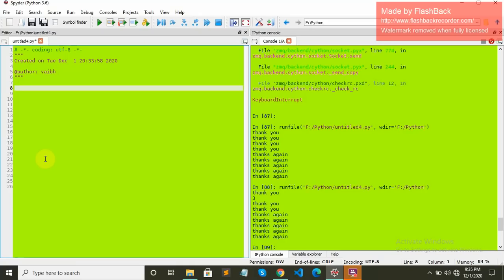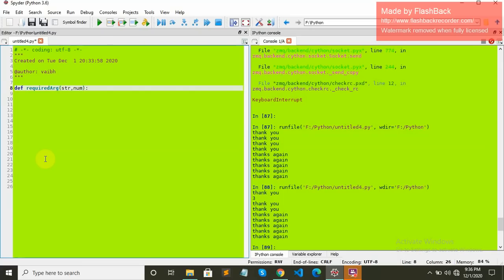Let's have a look at how we define user defined functions. Let's say we will write def required. This is our requirement function, and we will write str and num.